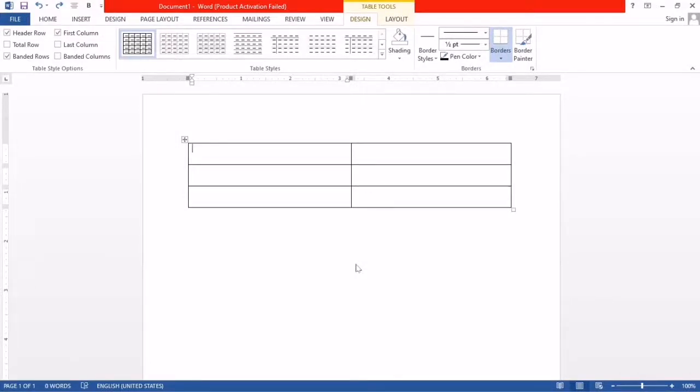Today we start the second part of our chapter 8, Creating Tables in Word 2013. I hope you understand how to insert the table. Last time we learned about 4 methods. Now I make the table, and today we will learn how to modify this table and how we insert data